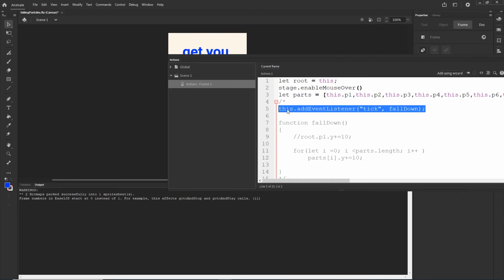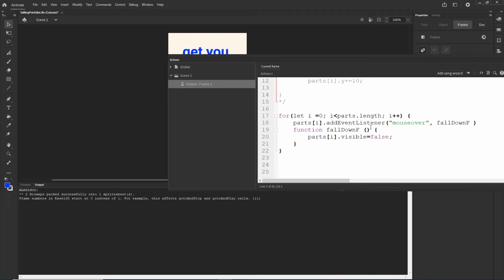So this is the event listener for the tick, which is like checking the stage very often. But I will get rid of this, and I will paste this in here. One thing that I will have to do is change this to root, because we are inside of the function. So root add event listener tick, and we can create fall down